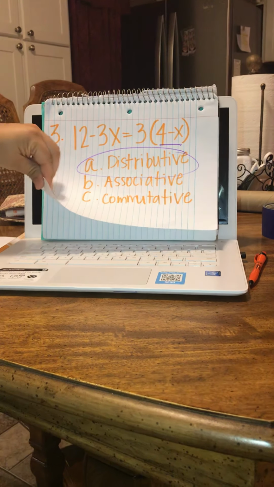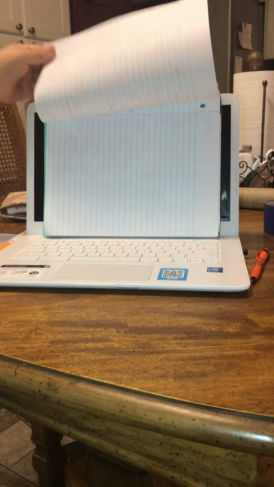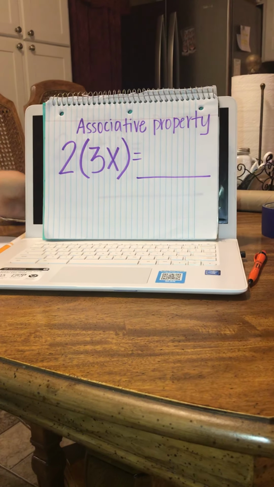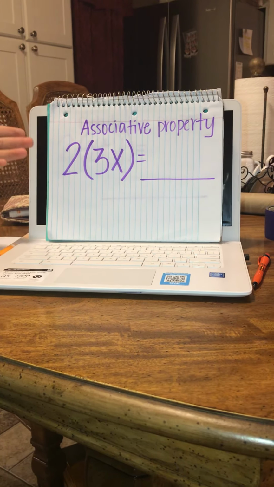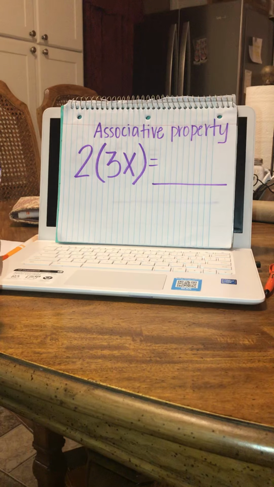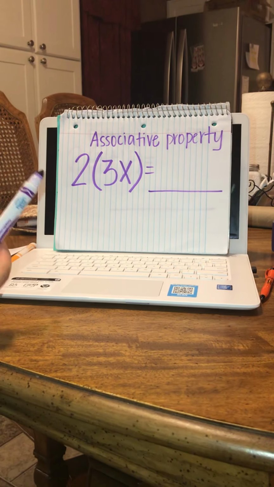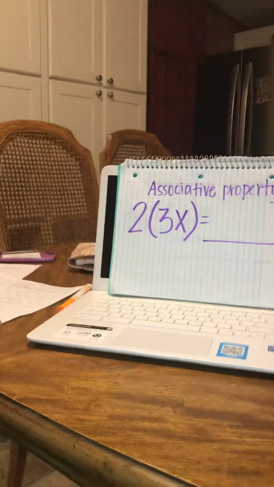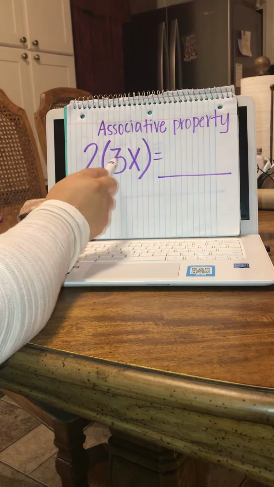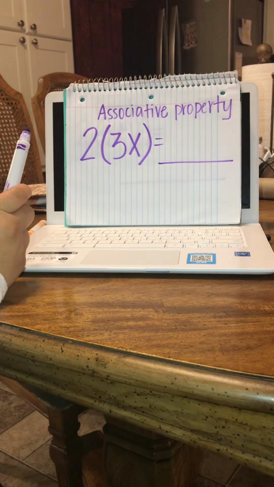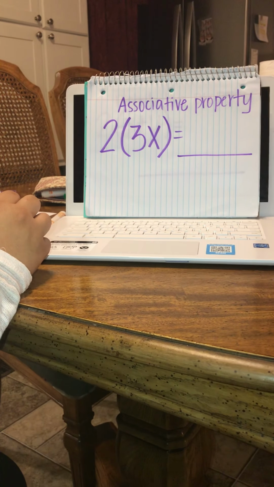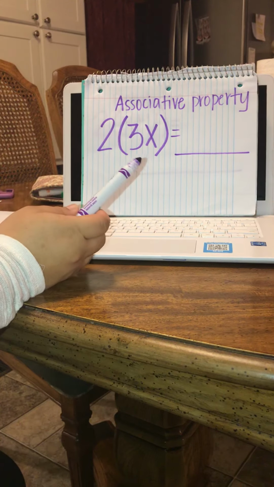Now on these, I'm going to want you to just solve the problem and tell me what is next. I'm telling you what kind of property you need to use. So now you just need to remember what the associative property means. Associative property, again, comes from associate. So you're grouping. So for here, we have 2(3x) in parentheses. So what we're doing here is regrouping. So we don't want to change the order. We just